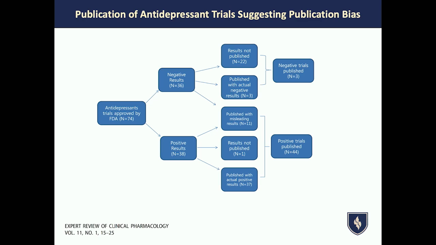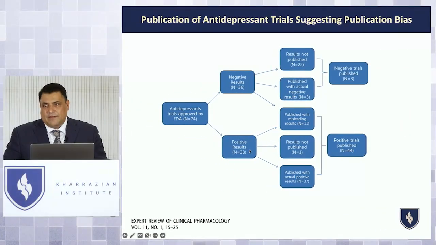Now you look at the highest level of evidence, which is a meta-analysis. Take a list of all the studies published on whether antidepressants work, and you have 44 studies that say it does work and 3 that say it doesn't work. So you've got a problem. You think, oh, the data clearly shows antidepressants work. But in reality, almost half of them were not working, and this would probably just null itself out in a meta-analysis and show that there's really no effect.